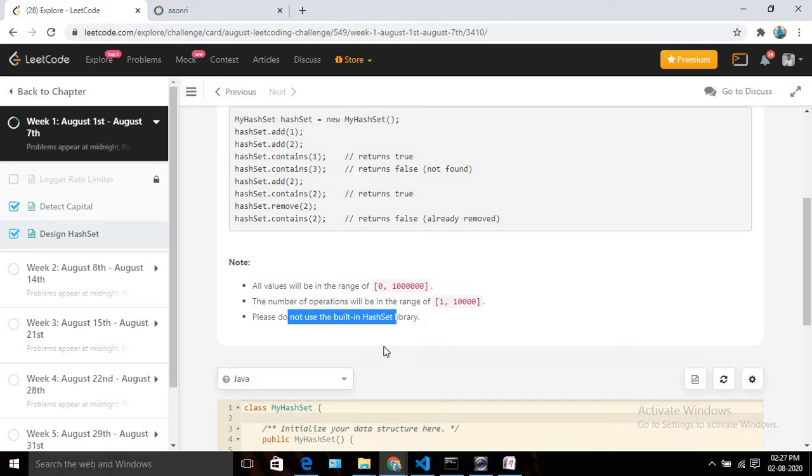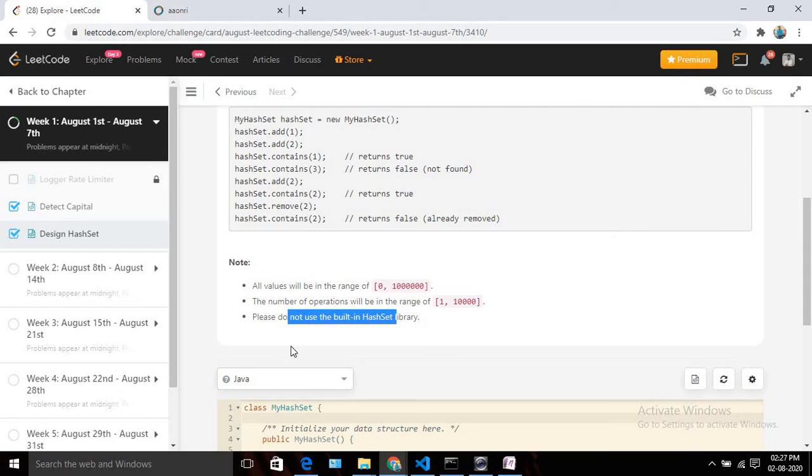So what is a hash set? At first, let us know that. A hash set is a kind of data structure in which we store unique elements. The element can be an integer, an object, a boolean, anything, but everything should be unique. The term hash means you are using the hashing technique to check this uniqueness. That's a separate concept, the hashing. The main thing is that a set will contain unique records only.